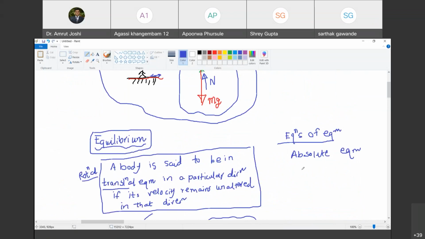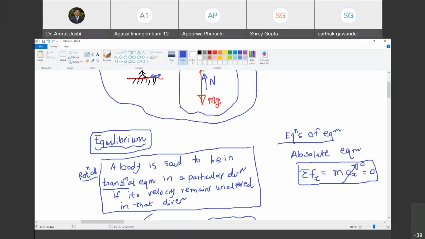So let us say the body is in absolute equilibrium. What can you say about the algebraic sum of all the forces acting on a body in x direction? By Newton's second law, is this sum equal to mass into acceleration in x direction? Yes, sir. But as the body is in equilibrium in x direction, either its velocity in x direction is zero and remains zero, or it is constant. Do you agree with me? Yes, sir. So what can you say about acceleration? Zero. So therefore, summation of all the forces in x direction equal to zero is the first equilibrium equation. Are you with me? Yes, sir.